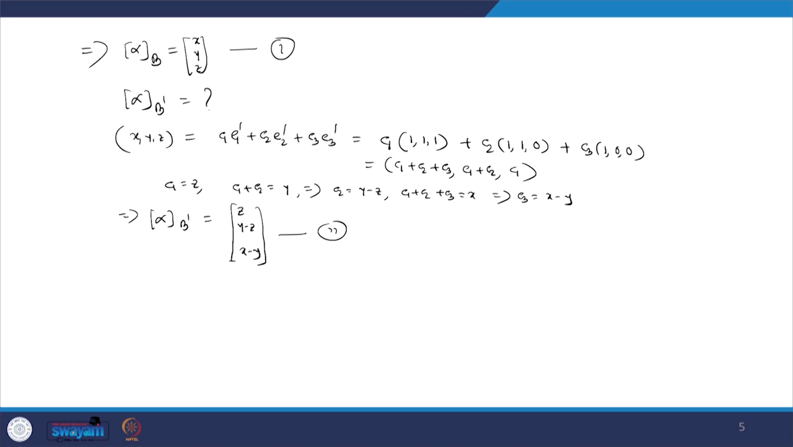Now, we want to check whether, by that relation, there exists a non-singular matrix P such that capital X equals P into X prime. Let us see it. My X prime is equal to (Z, Y minus Z, X minus Y), and capital X is equal to (X, Y, Z). Okay, it's fine. Now, I have to find out the P matrix. According to the definition of the P matrix, we know